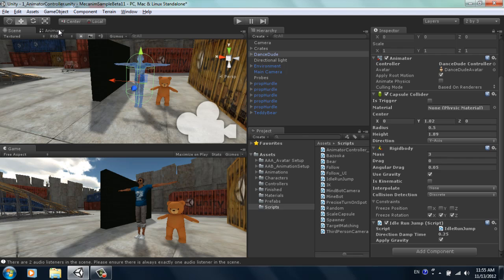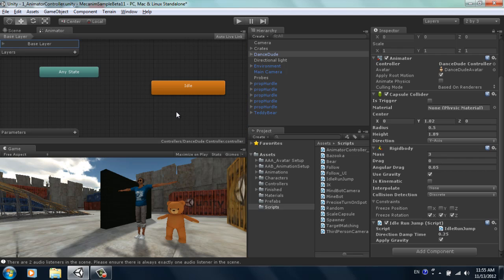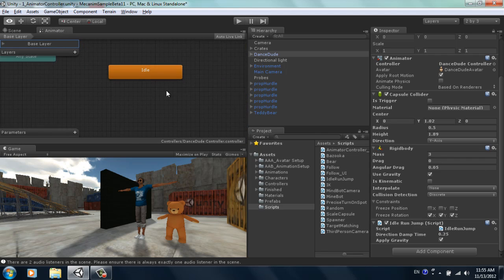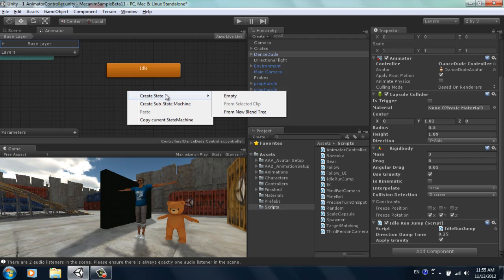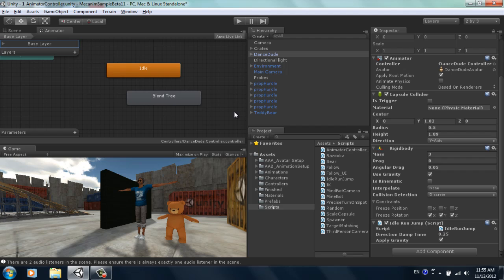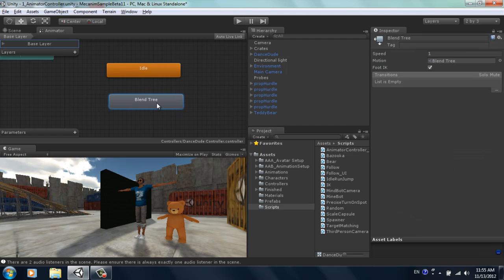But for now I'm going to go back into the Animator Controller, and I'm going to create another state. I'm going to create a run for my character. So to do that, I'm going to right click, and I'm going to select create state, and then from new blend tree. This is creating a blend tree, and this is going to blend my run right, run left, and run forward into a single blend tree. So if I double click on this,